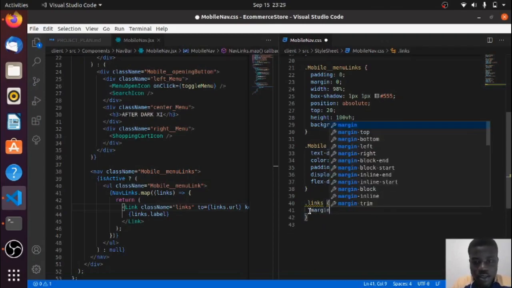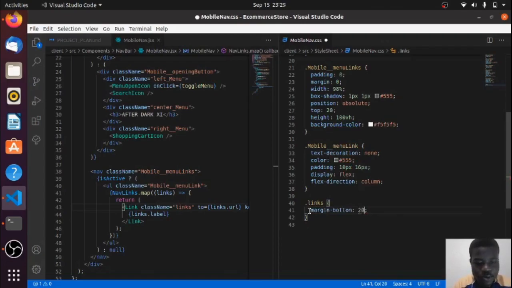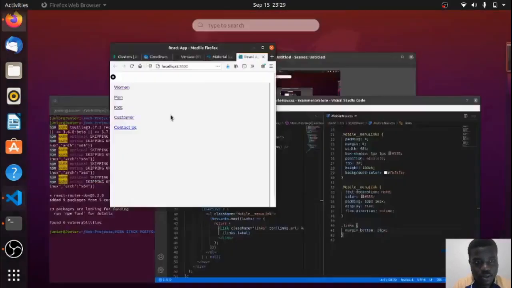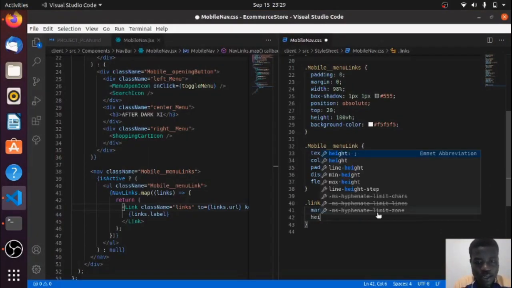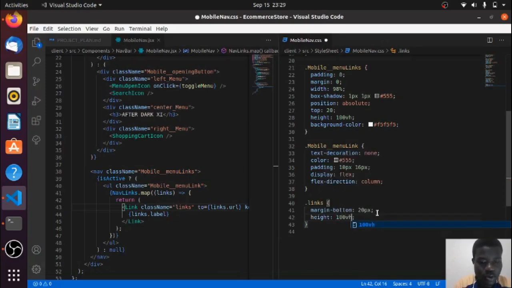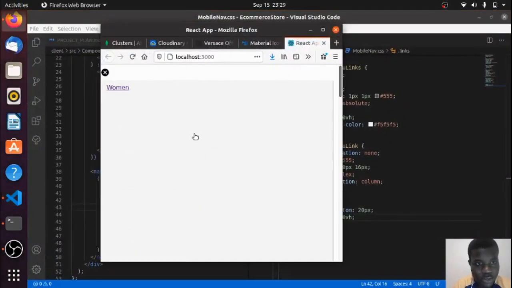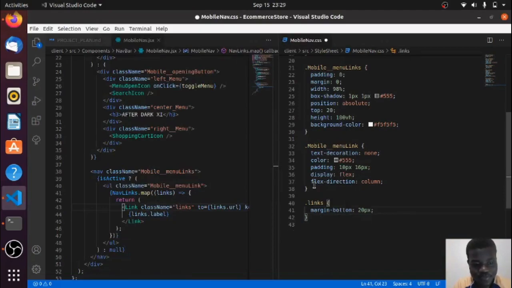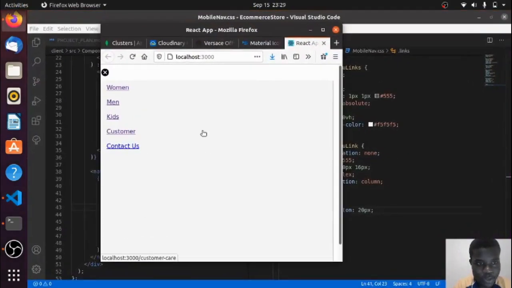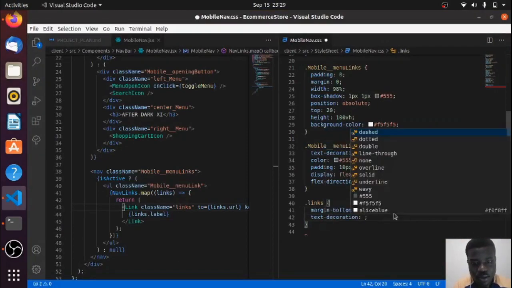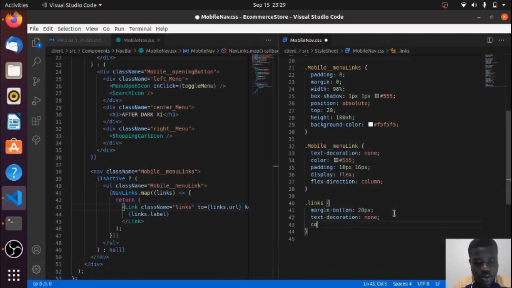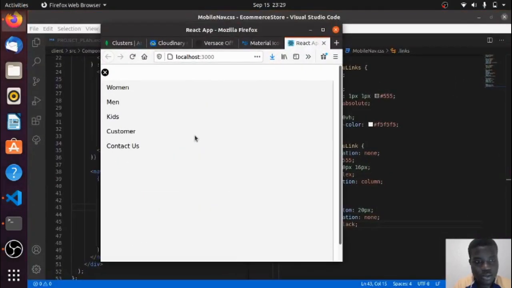So let's say margin bottom of 20 pixels. Give that some spacing. Let's say height, I don't know, I wanted to grab the whole screen. That is a lot. That is a lot. Okay, let's just remove that. It's not what I wanted. Say text decoration to none, color to black. Right,